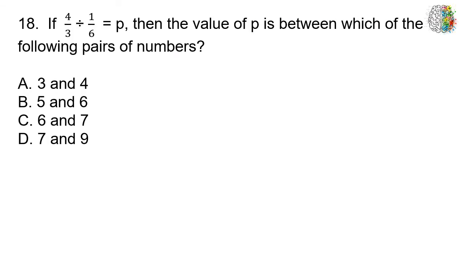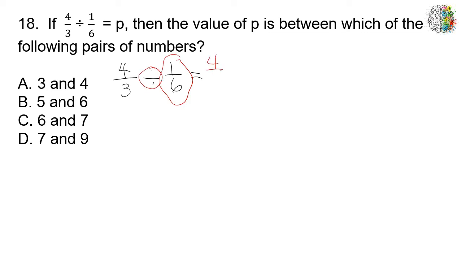The last group of problems that we're going to solve are fraction problems. Problem 18 says if 4/3 divided by 1/6 equals P, then the value of P is between which of the following pairs of numbers? So the first thing we want to do is solve the division by fraction problem. So division by fractions, we're going to take the fraction